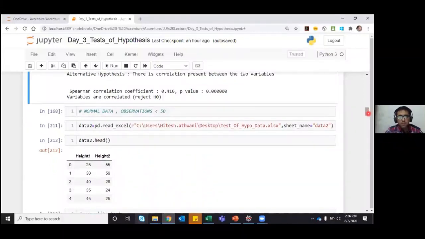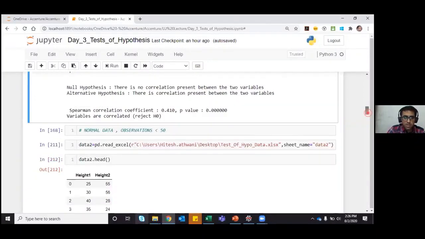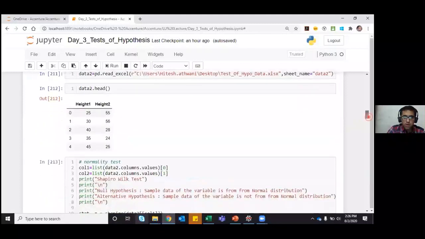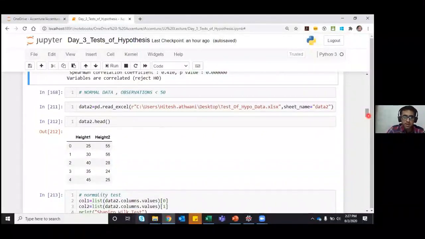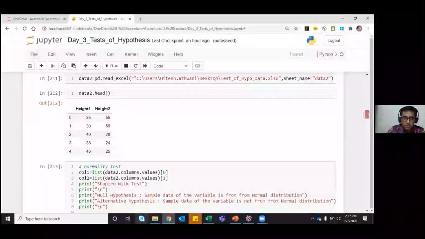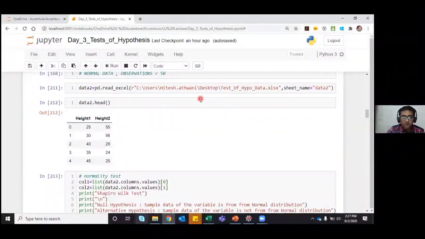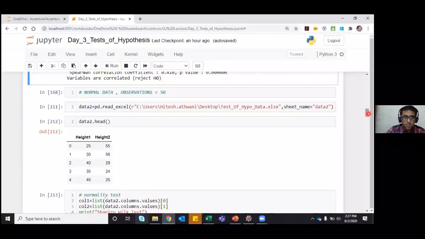For all those who are facing an error in Spyder for the KS test, you must be typing some command incorrectly. Because it is working fine in Jupyter, instead of facing that error, you can just open your Jupyter notebook and start working on that. There's no problem. First, try to understand. You can execute the commands later on as well. First, you need to understand when and where these commands are used, how to use them, and what the syntax behind them is. Executing them is not a big task. Please pay attention to that first.